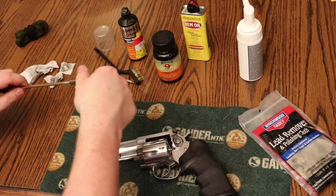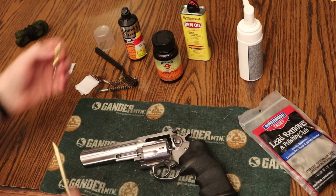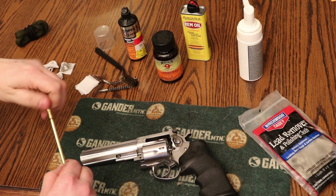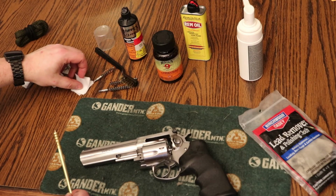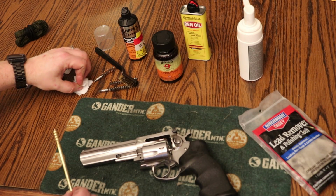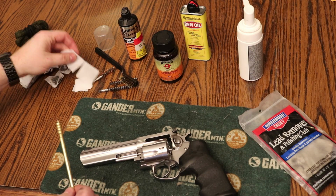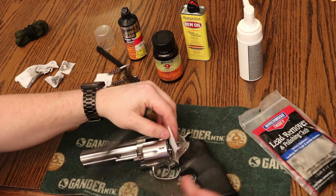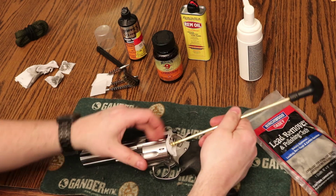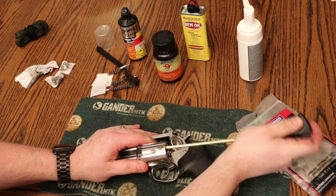Okay, so now I'm thinking this is going to be relatively clean. Like I said, it wasn't totally trashed, but we'll see what comes out with that foaming cleaner versus with the first pass of everything. And like I said, I've been able to get a gun spotless using just regular old Hoppe's No. 9 cleaner. But I find the foaming, especially if you got a lot of lead or stuff, does do a good job of getting out stuff that...